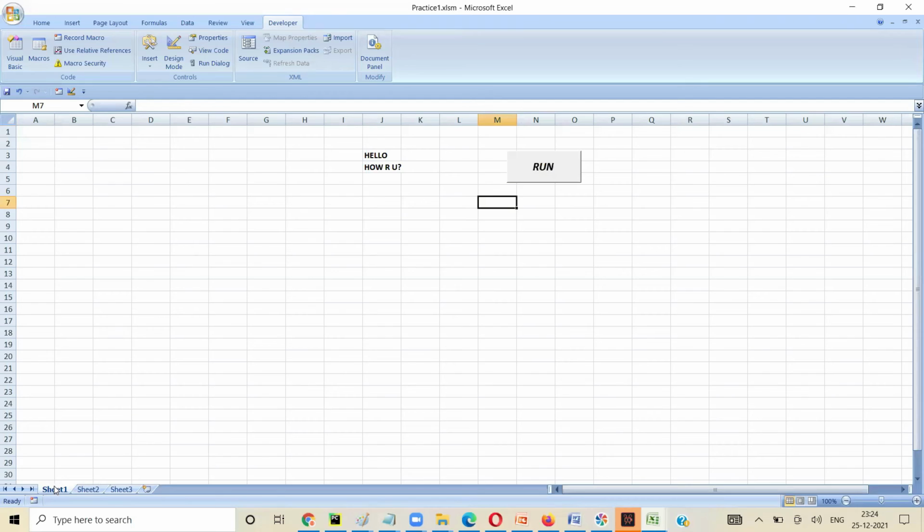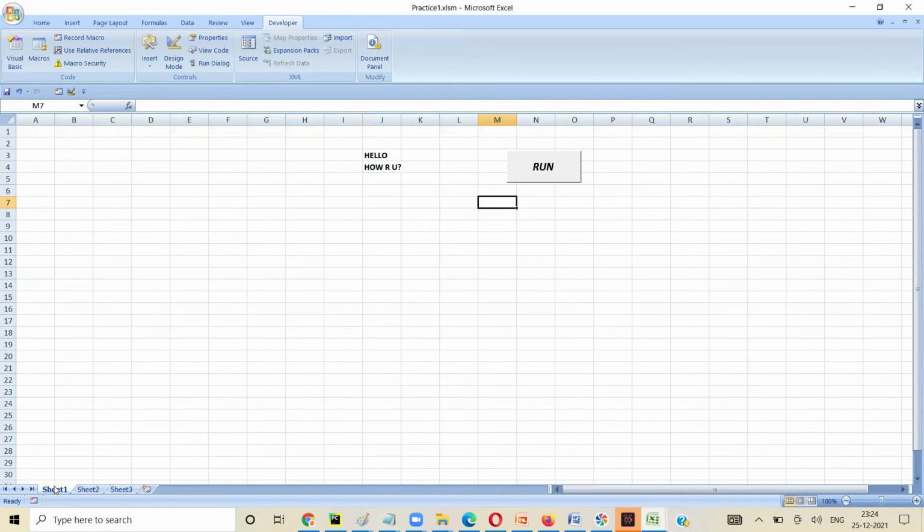We will have some data on sheet 1 and sheet 2. I'm just thinking, what kind of application do you want to do? Do you have any application in mind? Yeah, we can create something our own. So maybe we can create some form. Yes, we can create a form, exactly.